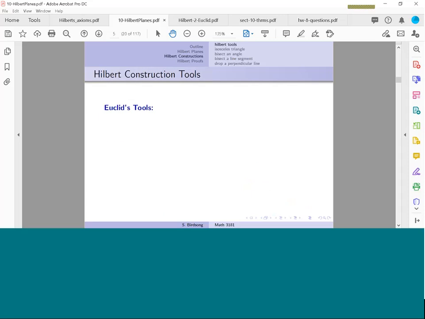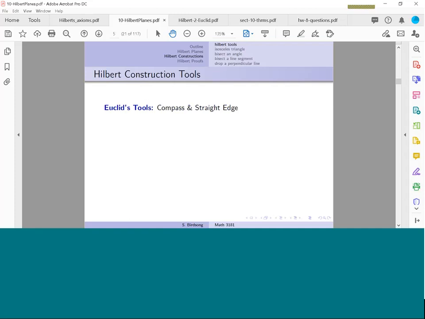So the main thing we're going to talk about today, or really the rest of today, is dealing with Hilbert constructions. Hilbert constructions are both similar and different to the constructions we've done in the past. So let's compare and contrast, and also give you the information you need. So first thing is to remind ourselves where we've been. The classic constructions back when we were dealing with Euclid's Elements, or Euclidean constructions, always dealt with a compass and